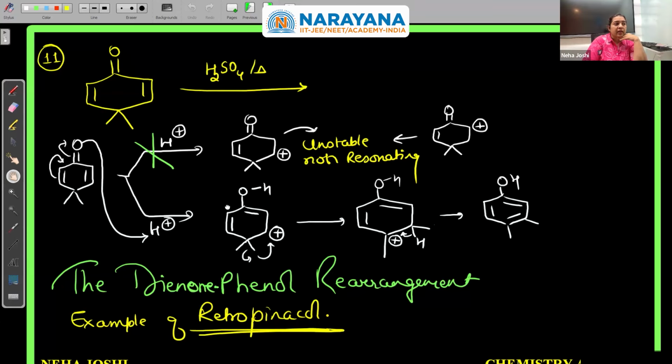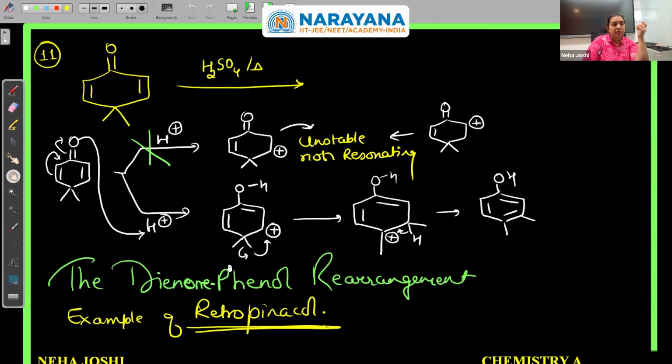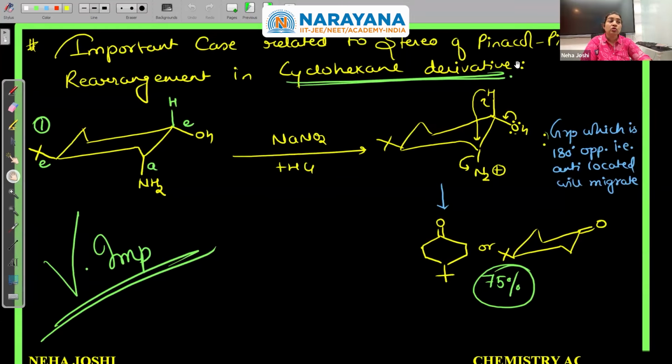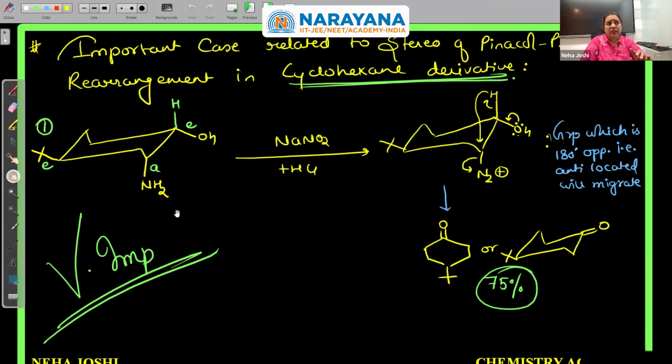सो अगेन बनाएंगे हम सारे कार्बोकेटायन, और फिर जो हमारा स्टेबल कार्बोकेटायन है उसको हम जैसे आगे बढ़ेंगे तो सी, दिस इज कॉल्ड डाइनोन फिनॉल रीअरेंजमेंट। बेसिकली इट इज अ रेट्रोपिनेकॉल। इज दैट क्लियर? ठीक, द डाइनोन फिनॉल रीअरेंजमेंट एग्जांपल ऑफ रेट्रोपिनेकॉल। क्या ये क्लियर है? ठीक, इंपॉर्टेंट केस रिलेटेड टू स्टीरियो ऑफ पिनेकोलोन, और ये बात खास तौर से साइकिल्स पर ही एप्लीकेबल है।